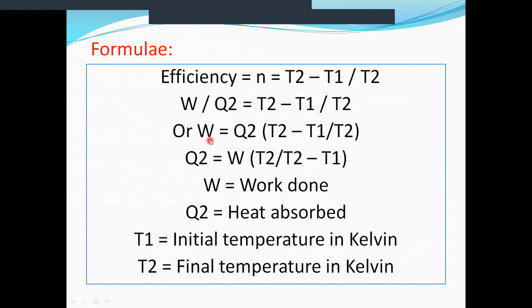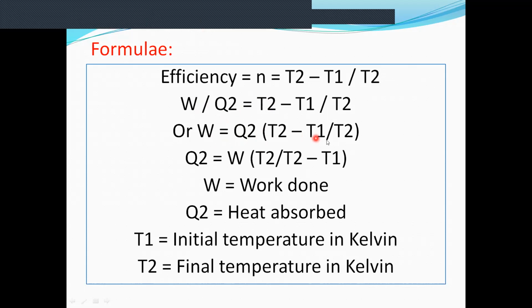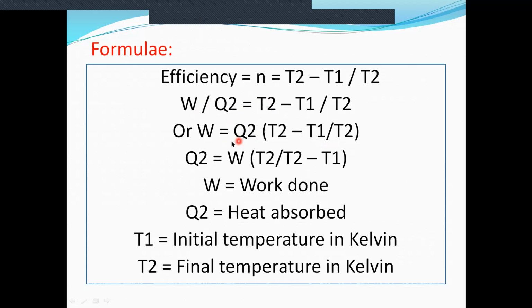Rearranging this formula, W is equal to Q2 into T2 minus T1 upon T2, by cross multiplication. By this formula, we can calculate the work done, when the heat absorbed Q2 is given, T2 is given, and T1 is given. So W is equal to Q2 into T2 minus T1 divided by T2. Or